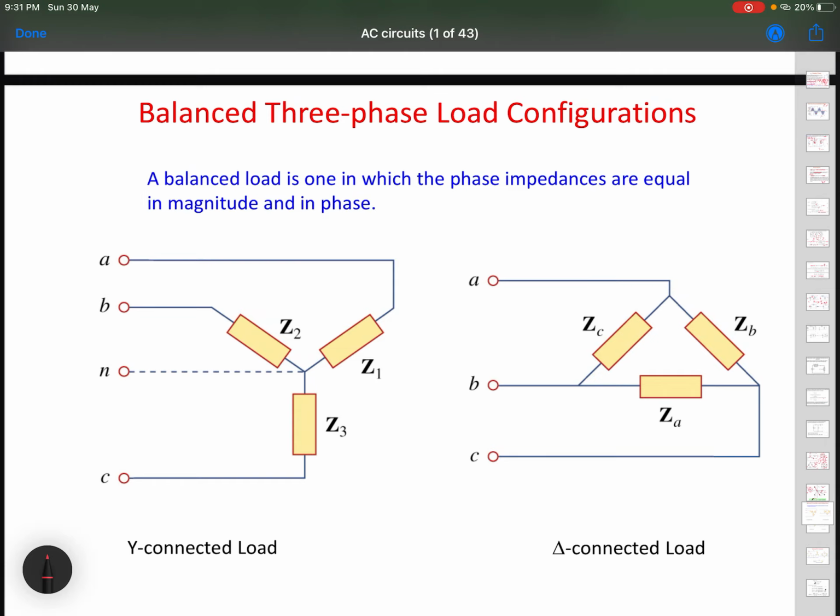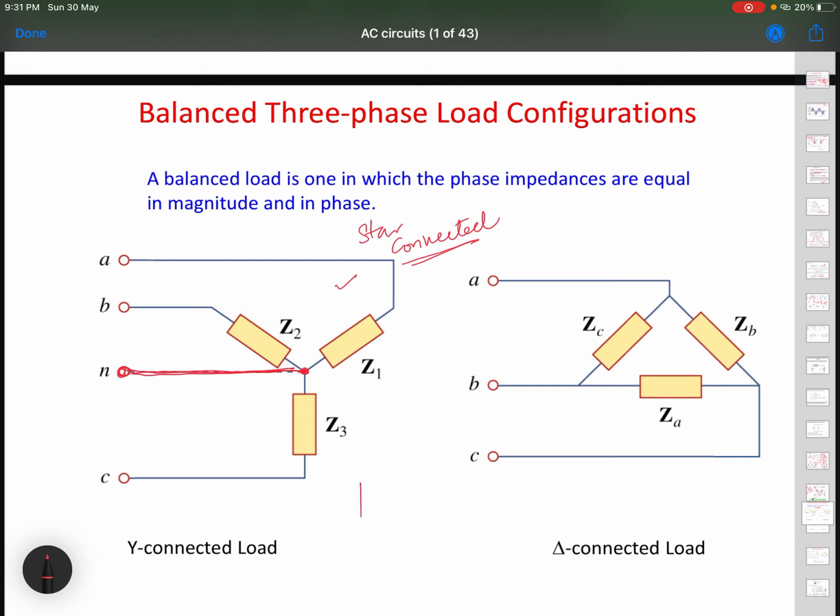So the loads in fact can be seen to be connected in two major configurations, or two ways. One is the star connected. So loads could be star connected as in the case of voltages. This is a star connected load, and the star connected load can come in two flavors, where the load may have a neutral point brought out as a connection. Either it can be brought out of the system as a connection from the load, or it may physically be there without having been brought out of the system.